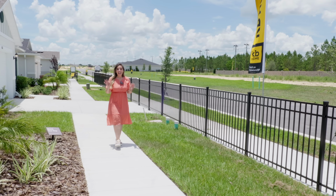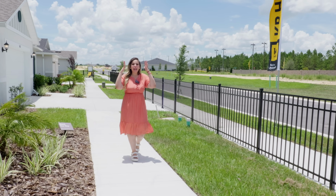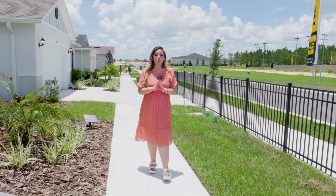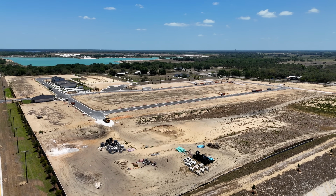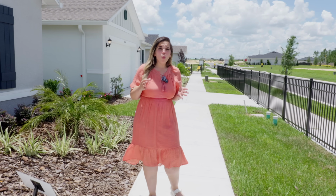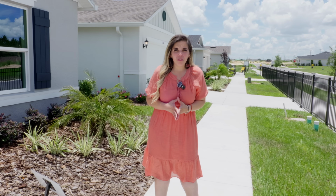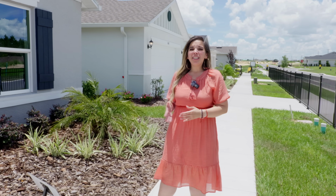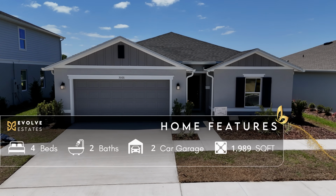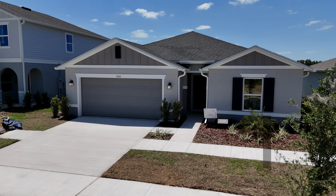Today we are in Haines City, Florida, and I've been saying this is the new Davenport, but at a more affordable price for now. Today we're gonna tour this brand new community that just opened called Cedar Crossings, built by KB Homes. This community offers over 12 different floor plans, and the largest home is over 3,000 square foot. Today, we're gonna check out the 1989 model, which features 4 bedrooms, 2 bathrooms, 2-car garage, 1989 square feet, and the base price is under